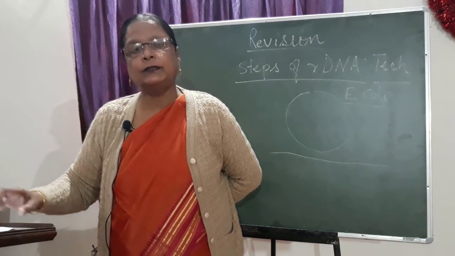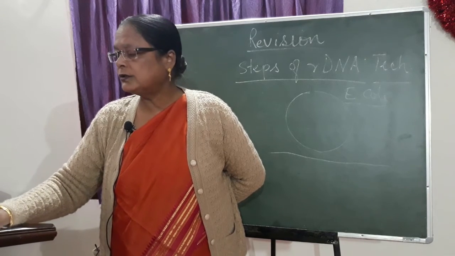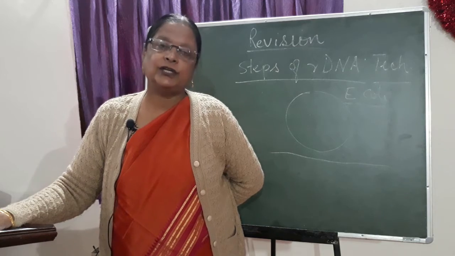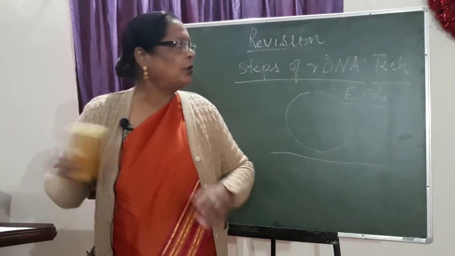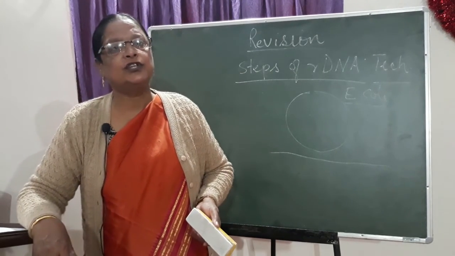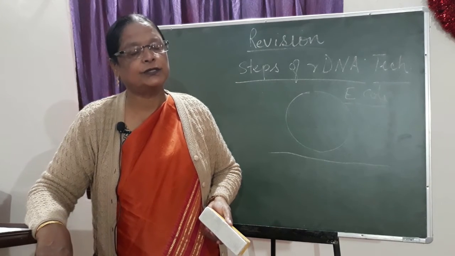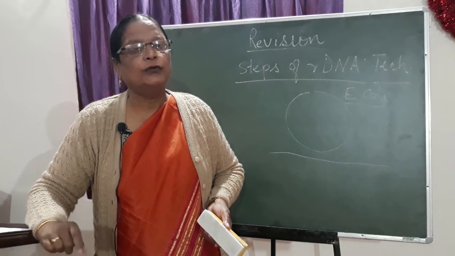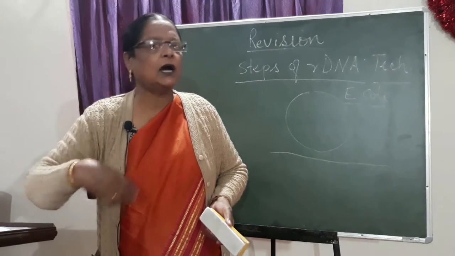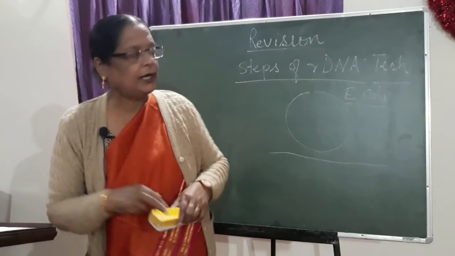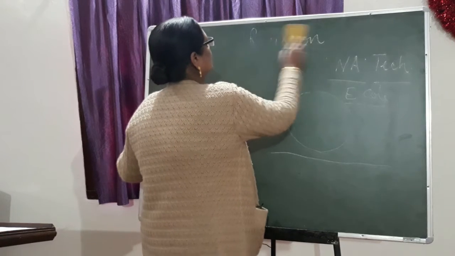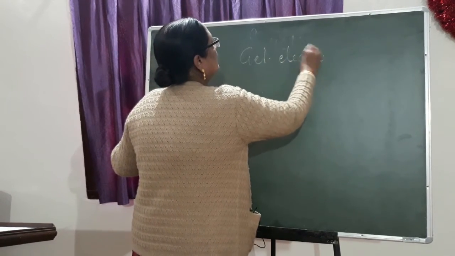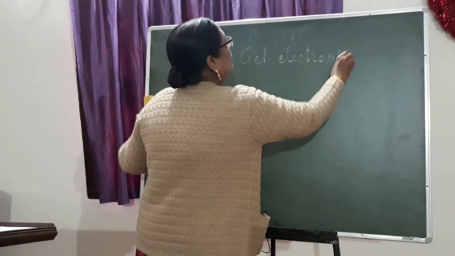Now we said one thing, that was the isolation of the desired gene. This is also known as gel electrophoresis. The method that is used for taking out the desired gene is known as gel electrophoresis